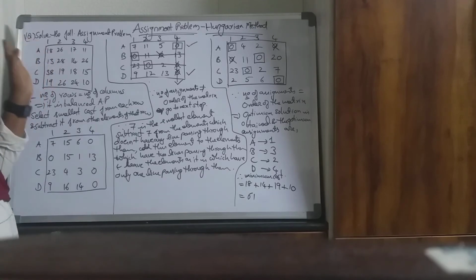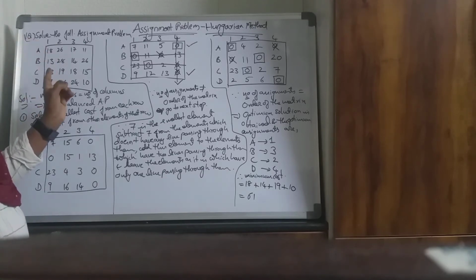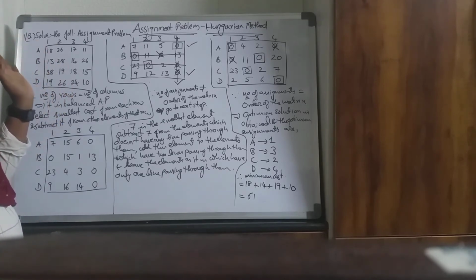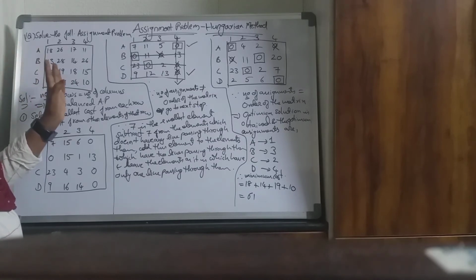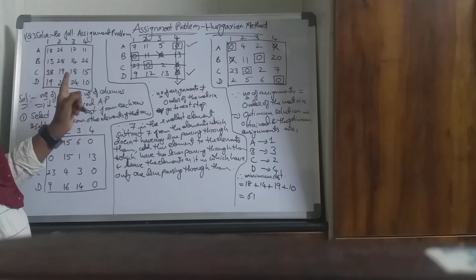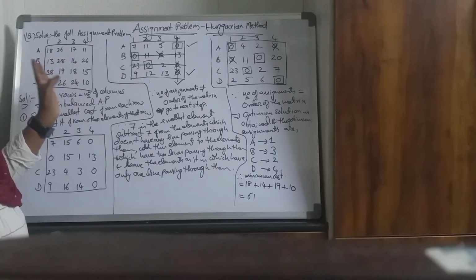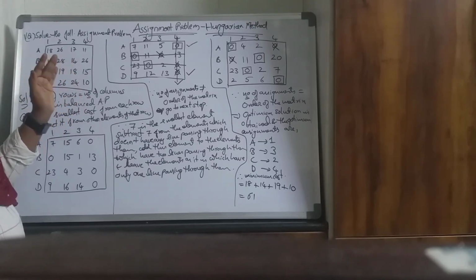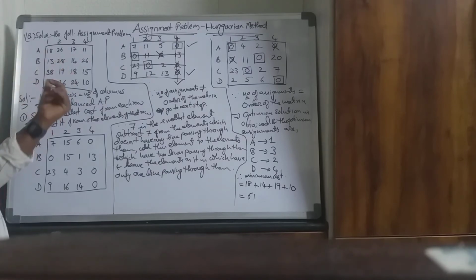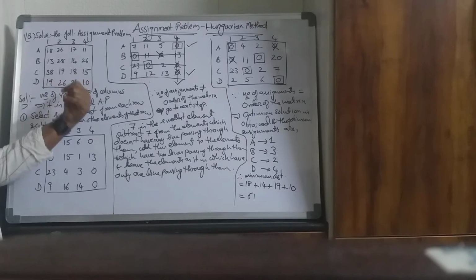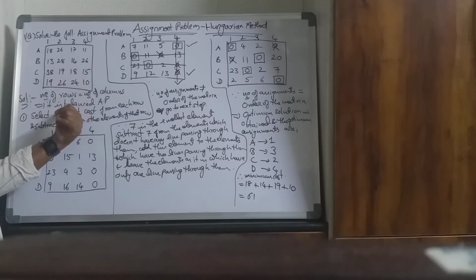First, for doing an assignment problem, you have to check whether it is a square matrix or not, that is, if number of rows is equal to number of columns or not. If it is not a square matrix, then you have to add a dummy row or dummy column with zero cost as per the requirement. Now here, since number of rows is equal to number of columns, it is a balanced assignment problem. Now next step, what you have to do?